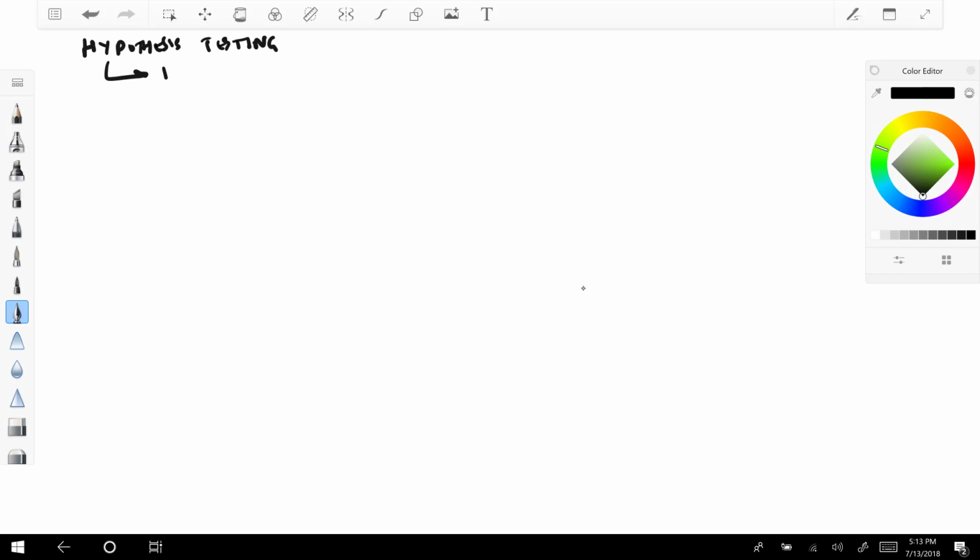So we define our hypothesis. Our H null, the statistical definition of our hypothesis testing for proportions